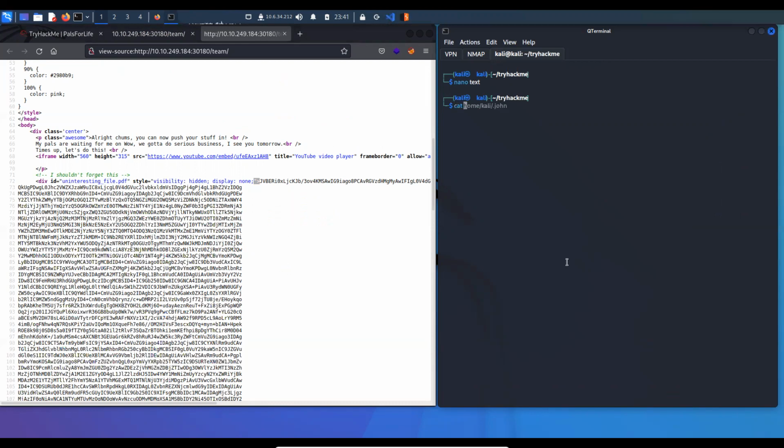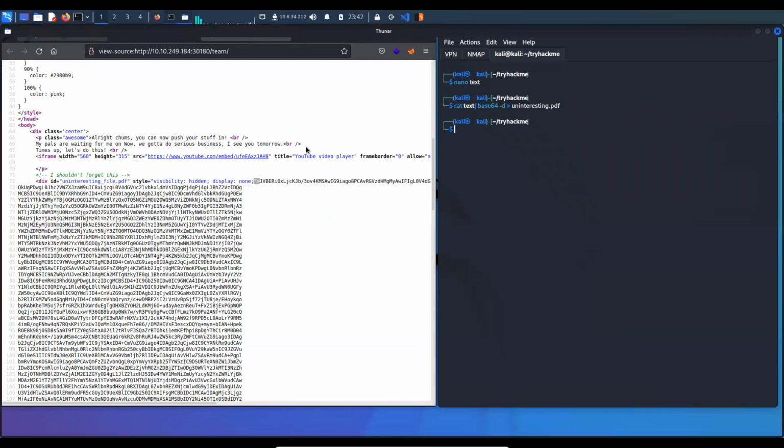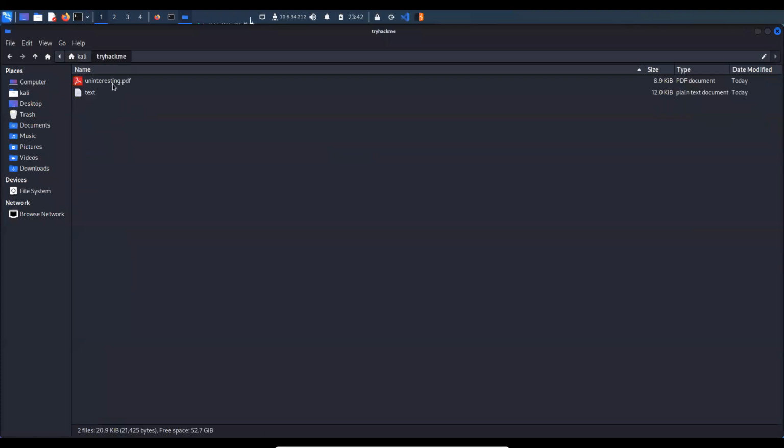So what I will do is open this text file, cat it out basically, and pipe it to base64 decoding. I get this decoded, and then I will append it to a PDF file, let's call it uninteresting PDF. So we concatenate this text file, pipe it to base64 decoding, and then append it as a PDF file. All right, so if we go to the directory here and open the folder, we should have this PDF file,